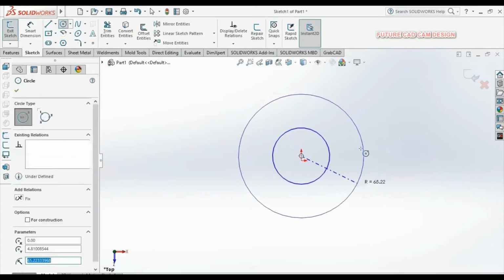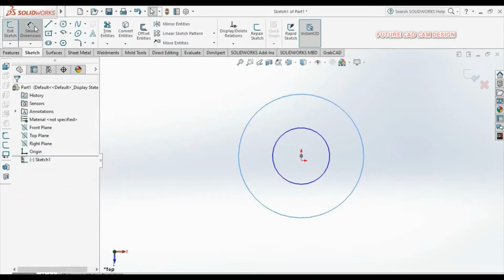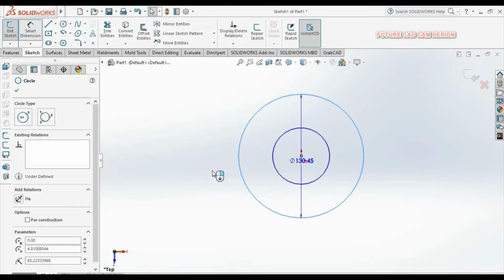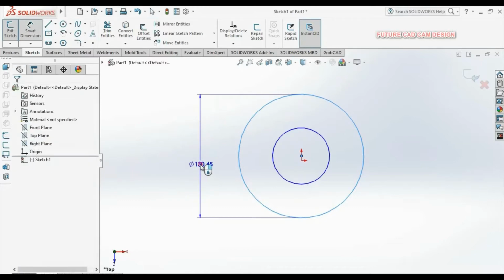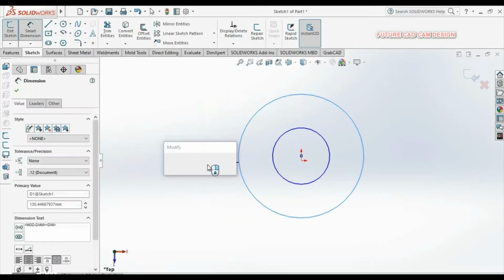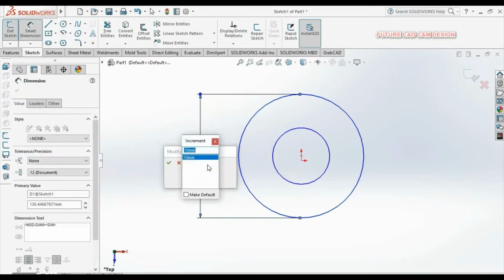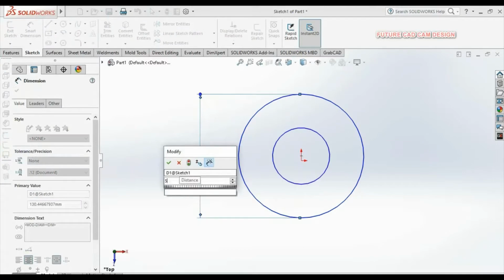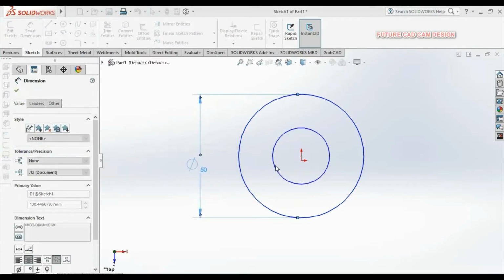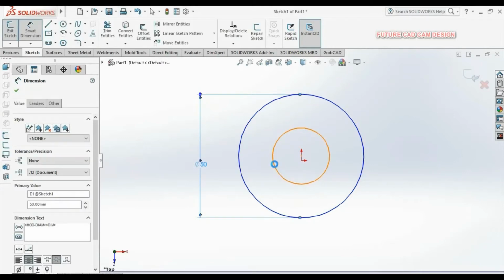So give the dimensions. The outermost circle dimension is 50 mm diameter. And then again the inner circle dimension, so we will make it as 30 and then OK.